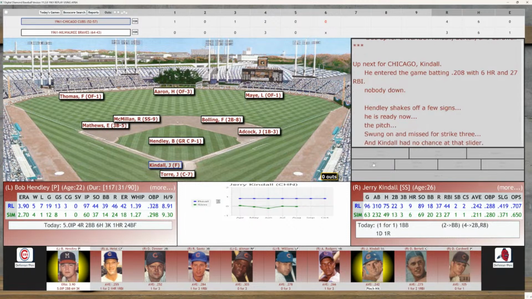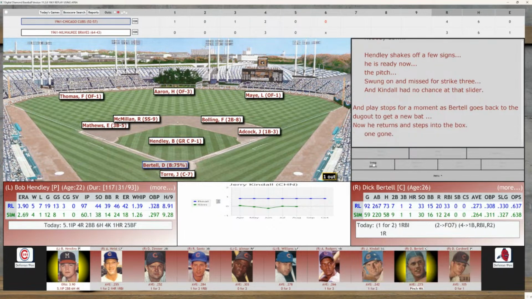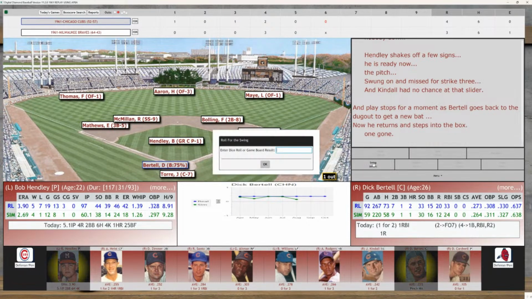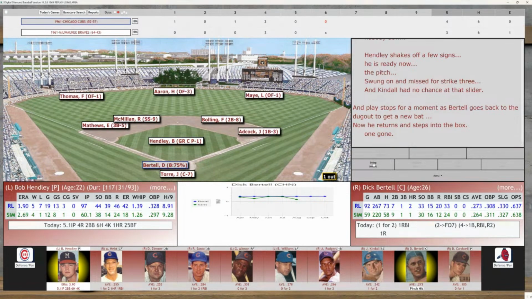Here comes Burt. And Burt is 1 for 2 with an RBI and scored. And that's going to be a ground ball down to short. McMillan's up with it for out number 2. Here comes Don